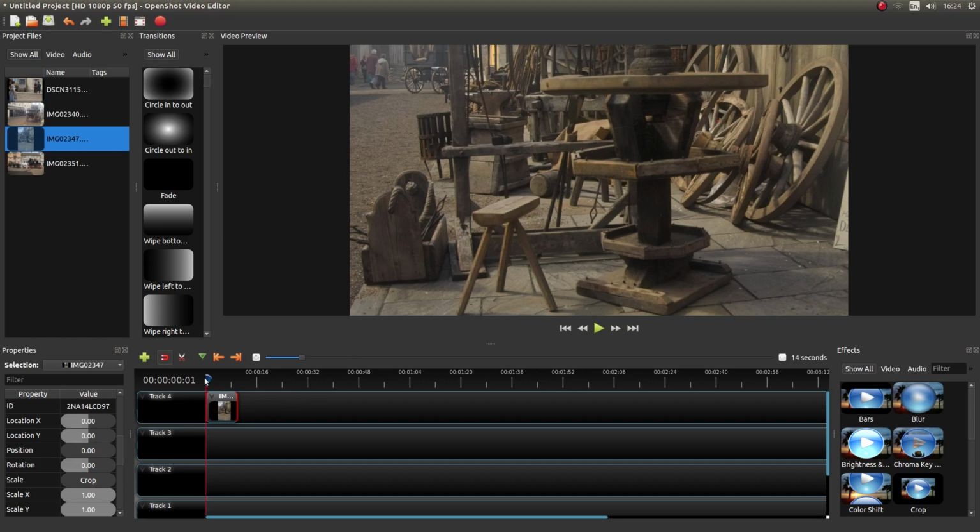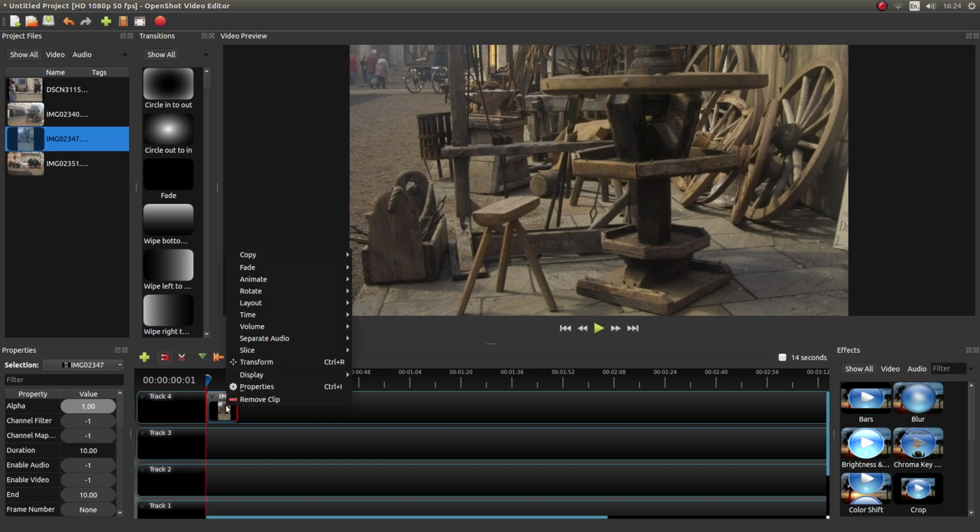So making sure we're right at the start, this is very important as well, of this first clip, right click on it and then left click transform. You can use the shortcut Control R, but mine just closes off my screencast. It's no good to anybody, so I'm going to left click on transform,